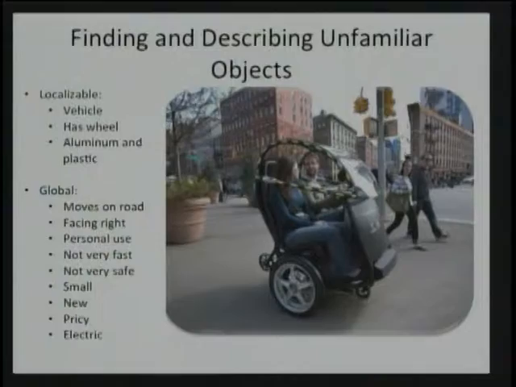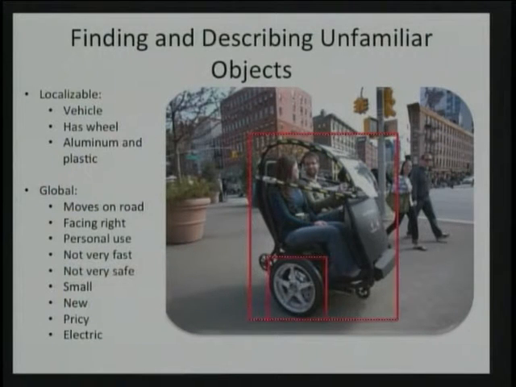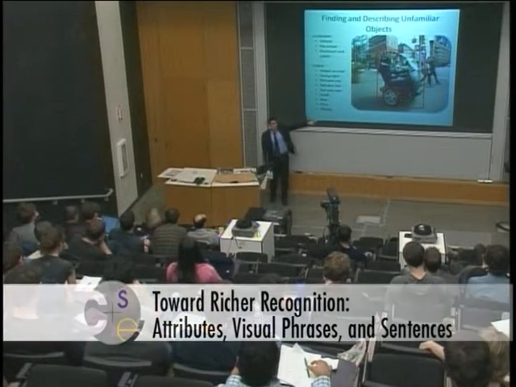Some of the assumptions that I have made so far is that somebody has given me the bounding boxes of the objects when I wanted to reason about them. But when we people look at this picture, without knowing what this creature, what this object is, we can localize the object. I can say, I don't know what this is, but I know exactly, this is right there. And some of these attributes that are localizable, I can localize. The object is there, and it's well over there.